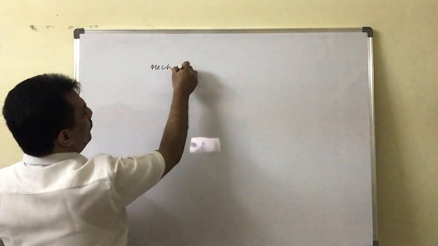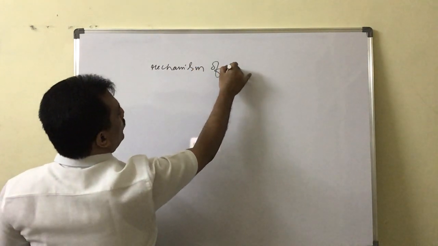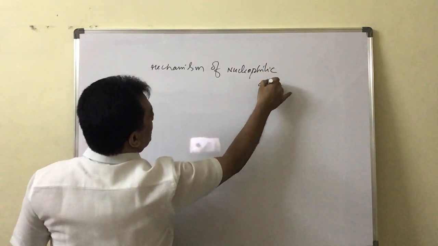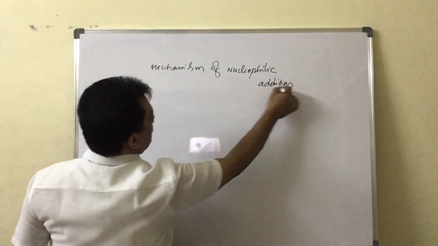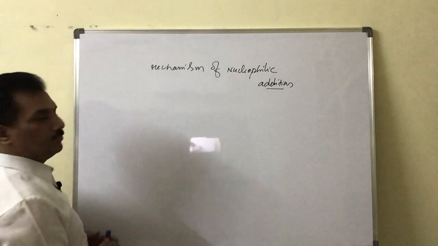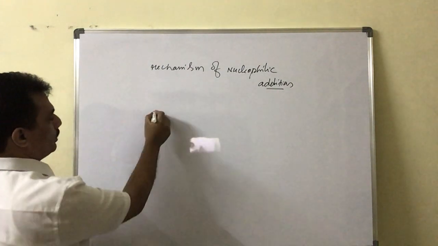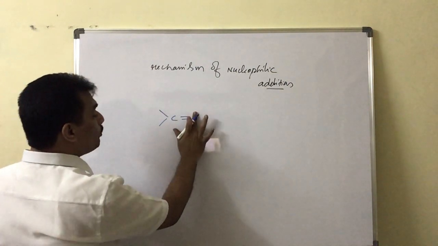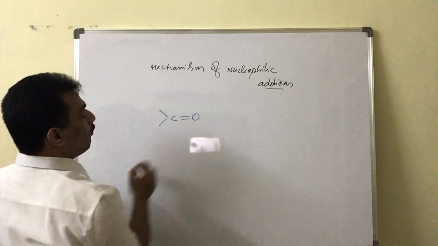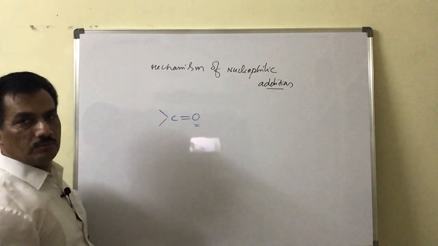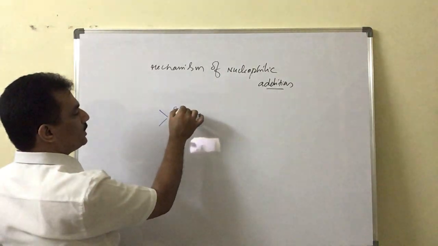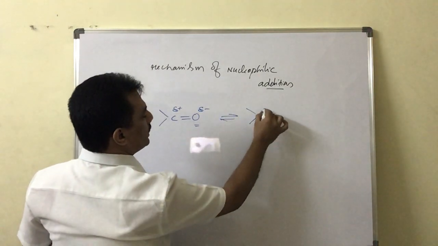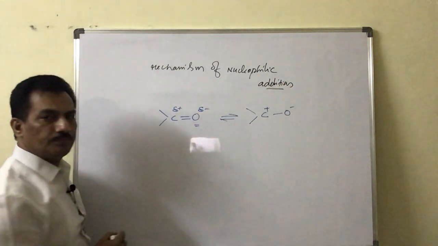the mechanism of nucleophilic addition reaction. What is happening in this? For that purpose, first let us observe the carbonyl group. If you keenly observe, the carbonyl group is a highly polar group. Why? Because oxygen is more electronegative, and thereby carbon gets a partial positive charge and oxygen gets a partial negative charge. Actually it exists in a conjugative structure like this, C plus and O minus.